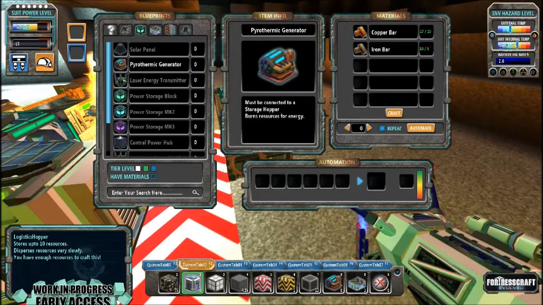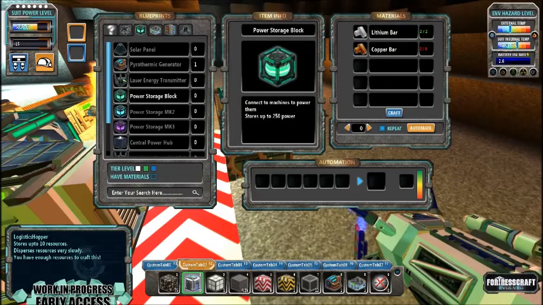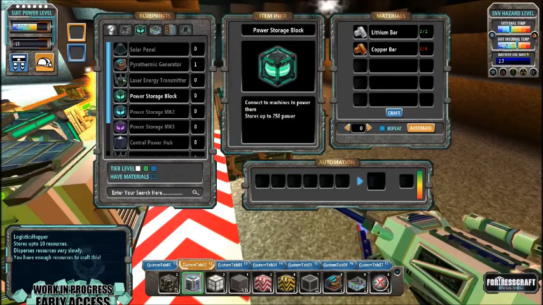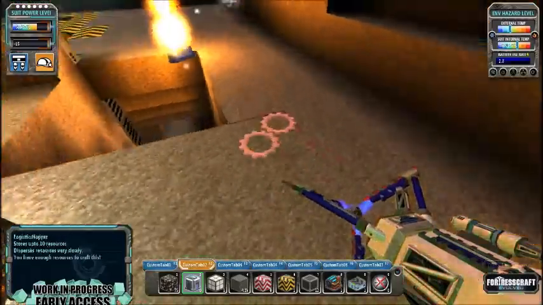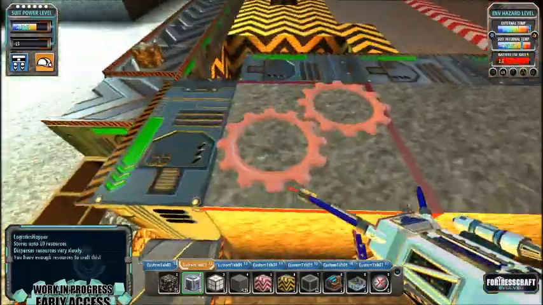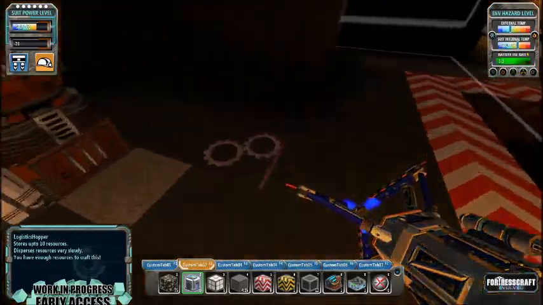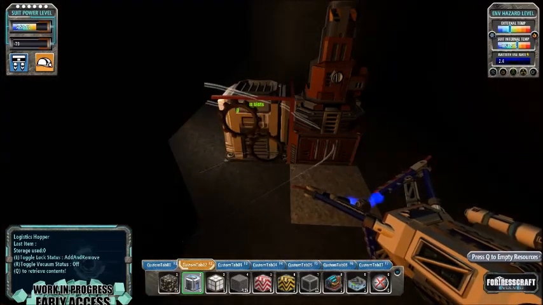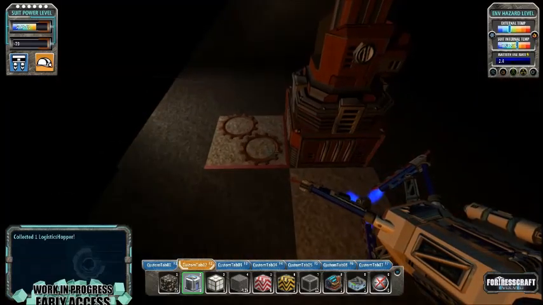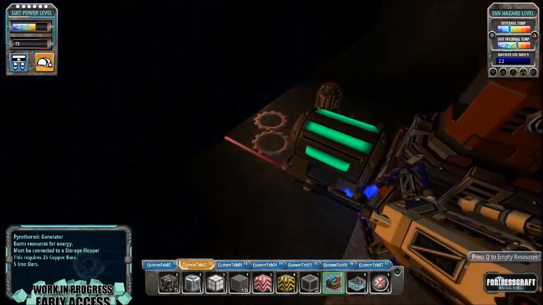Can we make a generator? Yes, we can. So we're going to make a generator. Now we can't make a lithium. Okay, now I'm still not sure where we're going to need the power generator, sorry, the cube, because what I wanted to try is put that there,